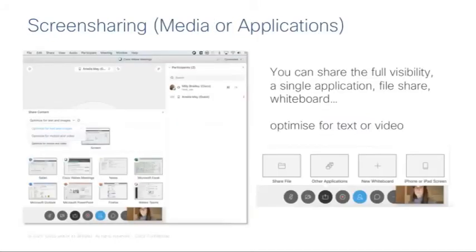Now, once inside the meeting, one of the main tools that we use is the content sharing button. So that is at the bottom, it's the little circle with a box and an arrow coming out of it. If you click share content, you'll receive a few different options. You can either share your whole screen, or you can restrict that to a single application window. We can also share a file or a whiteboard. Take a minute to decide what you want to share.